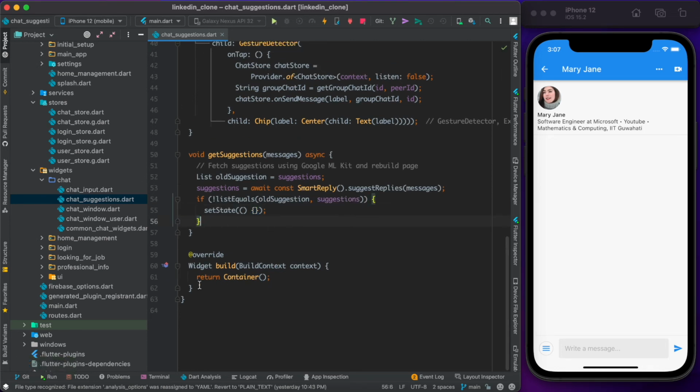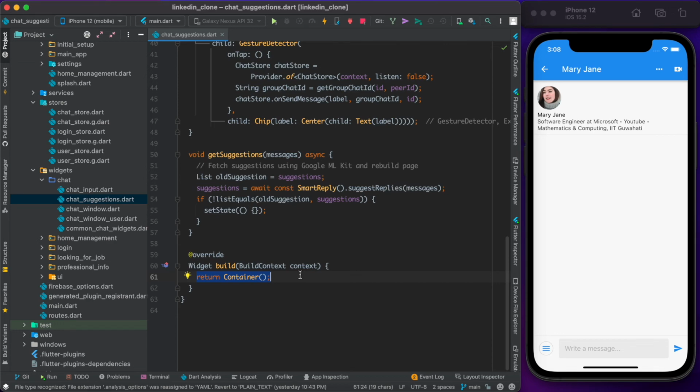Now finally, I'll go ahead and work on the widget build function. We'll be using a stream builder again here, and the aim of that stream builder will be to make sure that every time a new message comes in, and it's listening to that stream, I should be updating my suggestions.